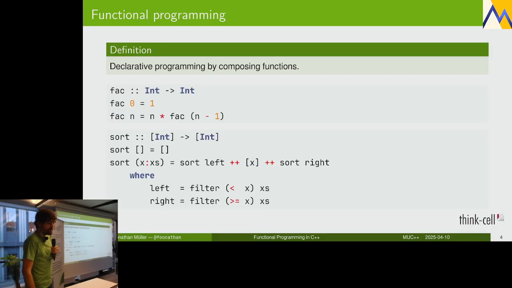This is a sort function. It takes a list of integers and returns a list of integers. We say that the empty list is already sorted. And to sort a list consisting of one element followed by arbitrarily many elements,